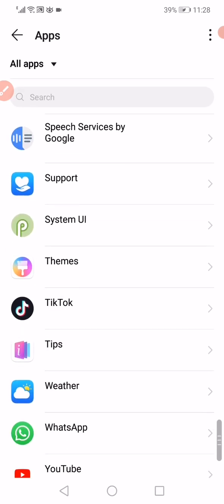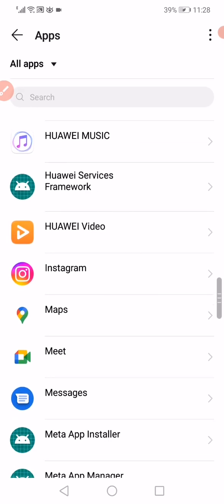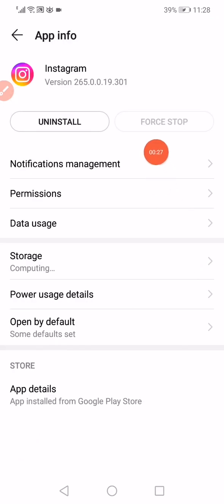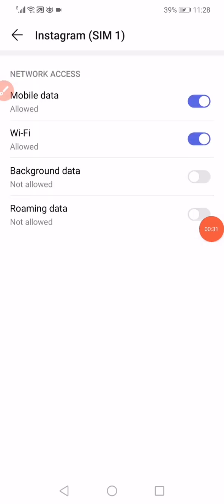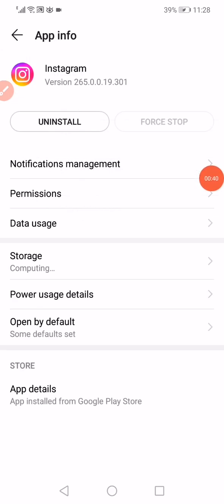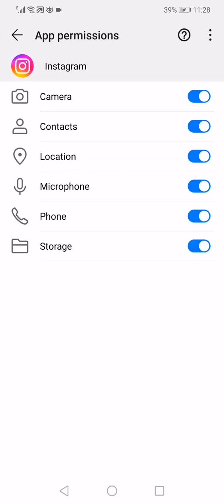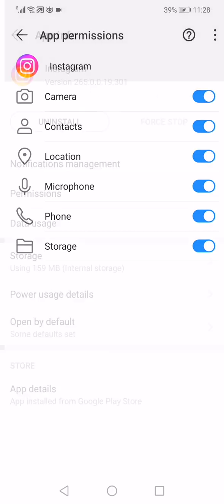Scroll until you find Instagram and click on it exactly like this, and then click on data usage. Now all what you want to do here is enable the roaming data and Wi-Fi and mobile data and disable only the background data. Go back, click on permissions, enable every single permission, and then go back again, and now